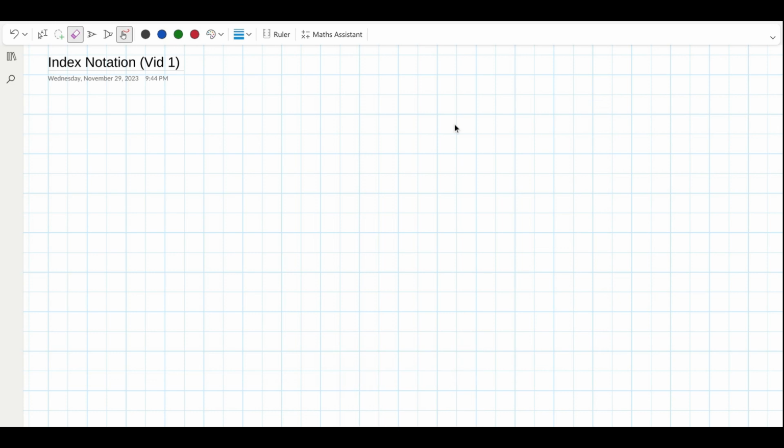In today's video, we're going to be looking at index notation, what it is, how to write it, and we'll also be looking at the expanded form of index notation and how you can simplify into index notation. So let's start off with something like this. If we have 4 squared, or 4 to the power of 2,